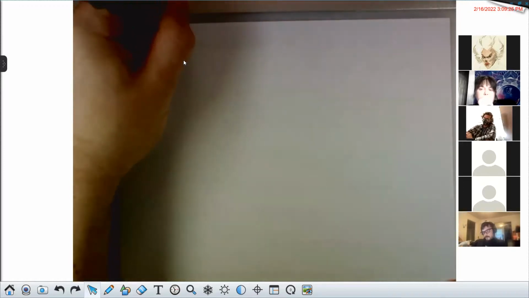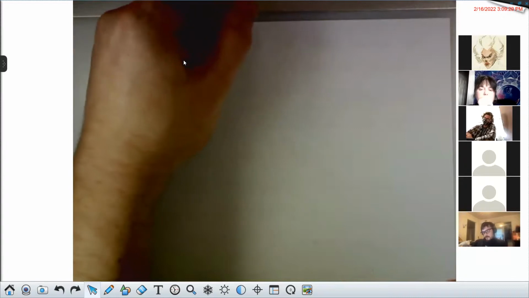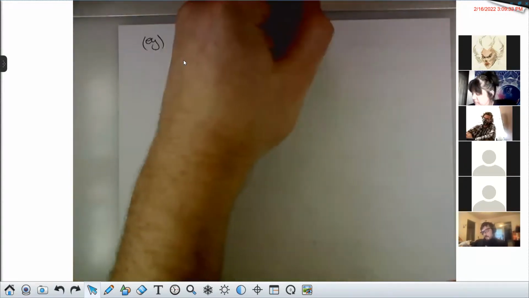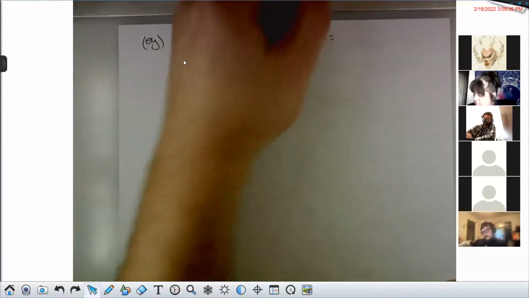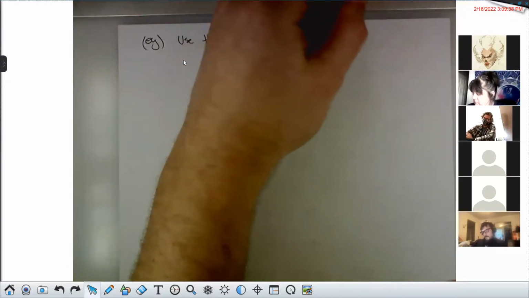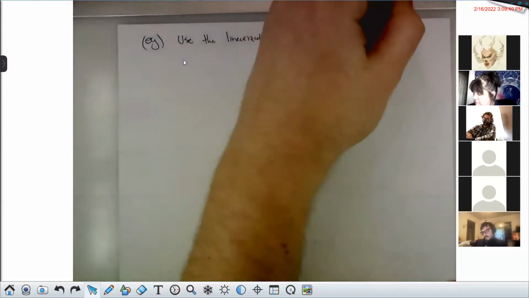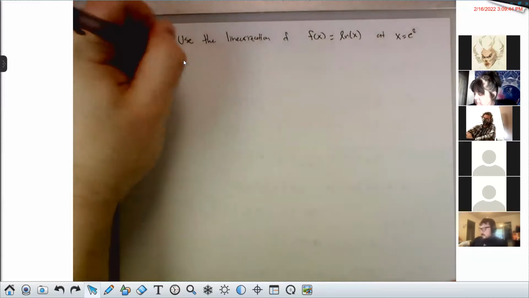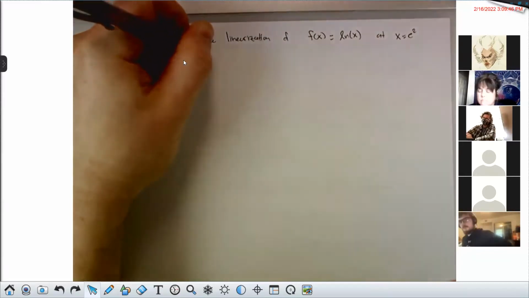Use the linearization of f of x equals the natural log of x at x equals e squared to approximate